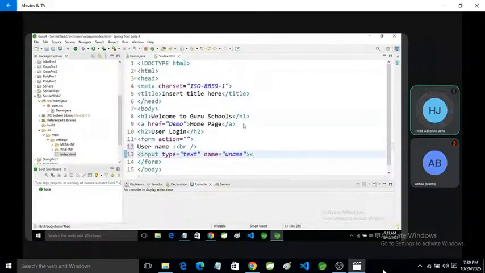if you want to transfer any value from the front end, we have only a single option, that is a form. So first of all, we are going to create a form. To the form, we will try to send the values from front end to back end.